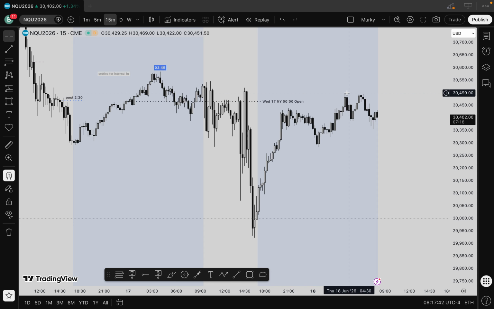I would have loved to see price purge it, but it's fine if it didn't, because we have this internal liquidity. So I could frame it as internal liquidity purge here, so that's enough. And I interpret the lack of purging this as a sign of heaviness. But yes, for today I would be looking for opportunities to go lower.